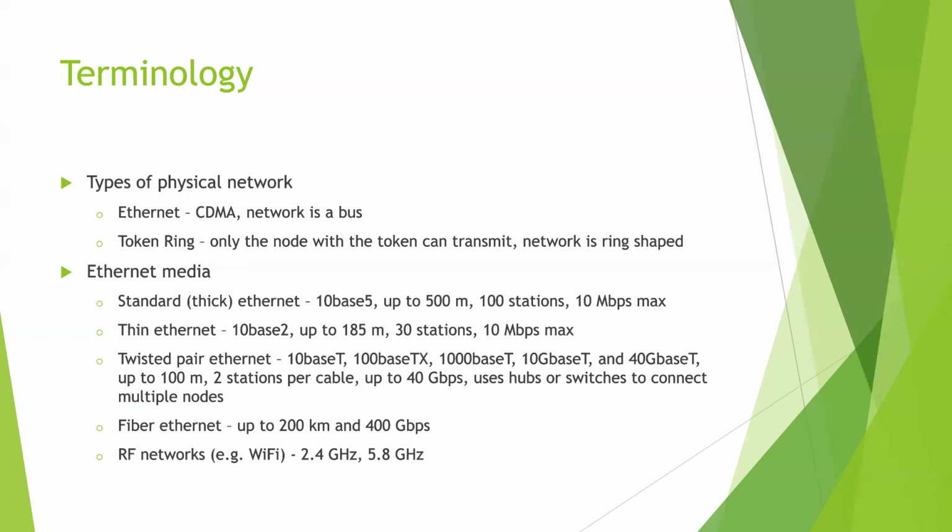Thick Ethernet was RG8 cable. It's about maybe half an inch around, or across, and the designation for that was 10Base5. The cable could be up to 500 meters long, and the reason for the limitation was the particular frequency of the radio signal on the wire. You wanted to make sure you could get that collision back within a certain amount of time. Thick meant each node literally had to tap into it.